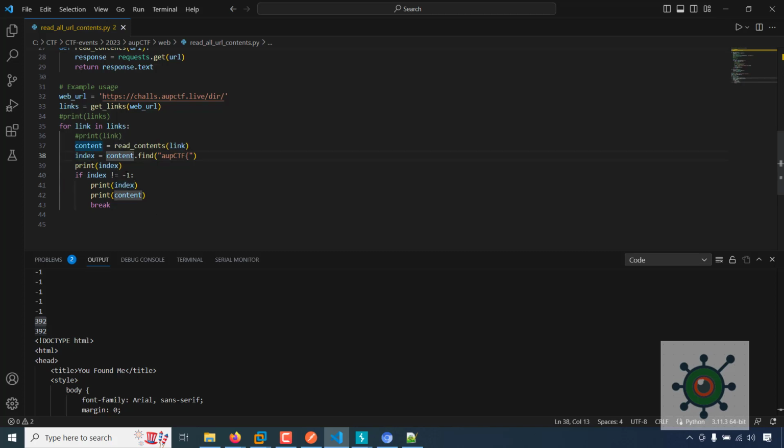So we can change this also, print index and other things. We can change this like index content if content and this, then we don't need another here. So we can print their link, what is the link, and print content. If we check this, we also check this. So we don't need to print this, just